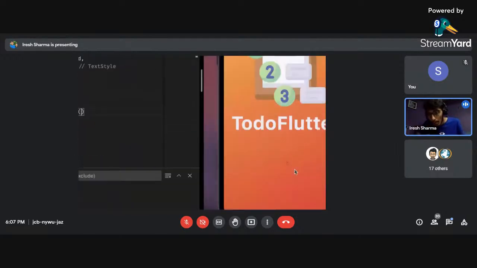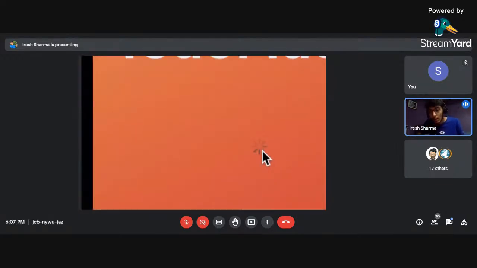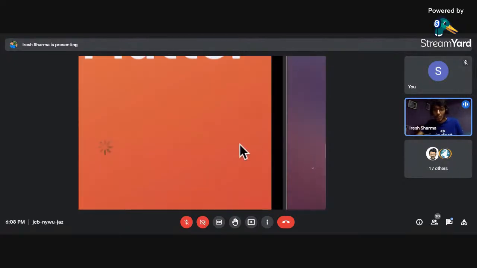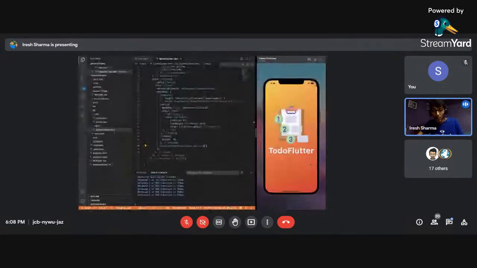So if I zoom in, for me, since I'm running it on iOS, it shows an iOS loader. For you guys, it should show a normal Android loader. You can make that something specific by just removing this adaptive keyword. And now if I save,